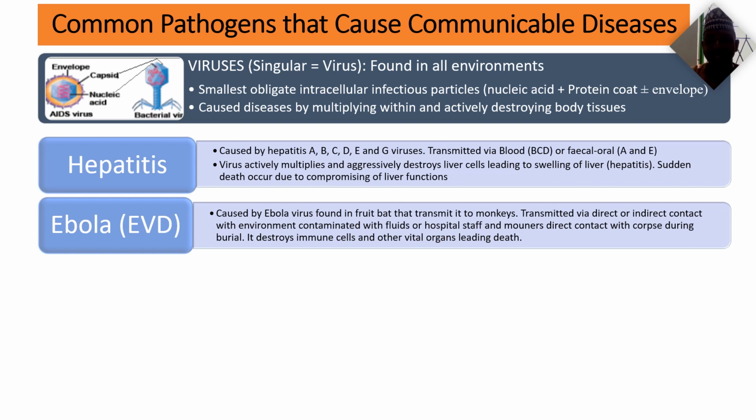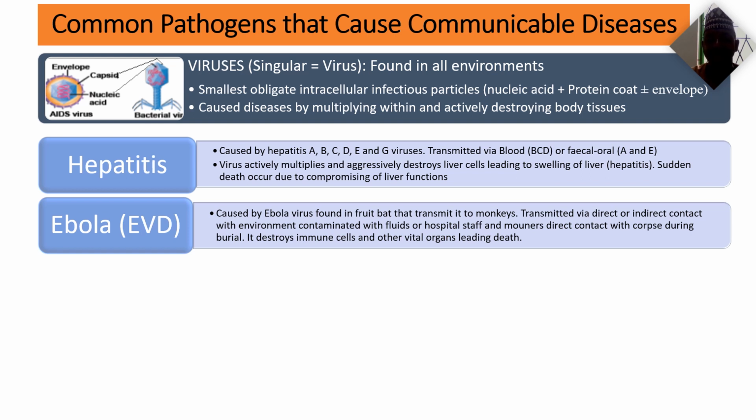This is a virus that is found in fruit bats belonging to the family Pteropodidae. These bats were believed to transmit the virus to monkeys. So the virus was first transmitted from monkeys to humans in history in